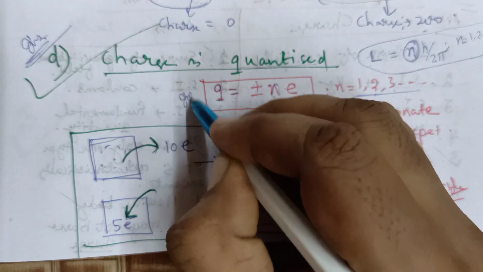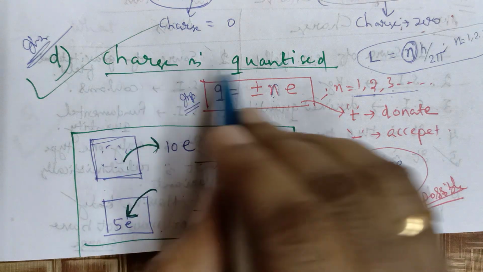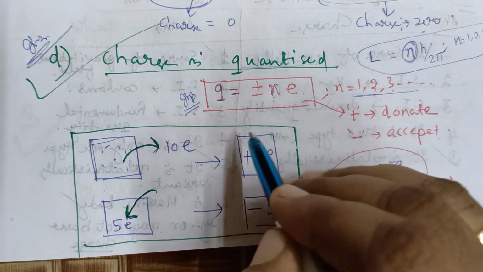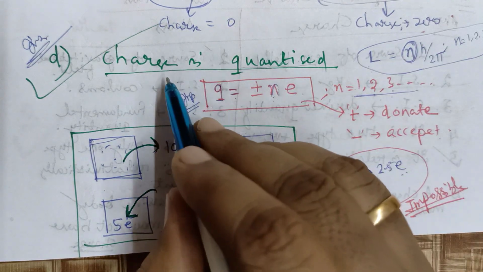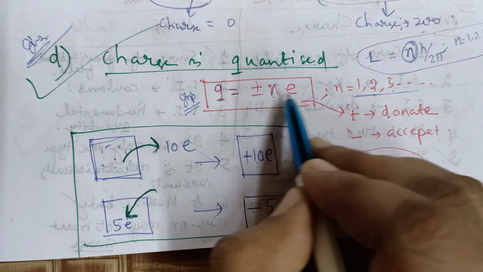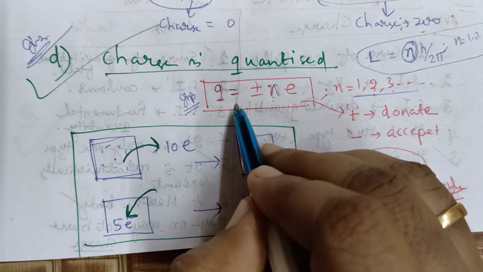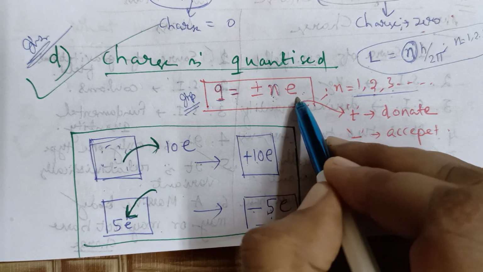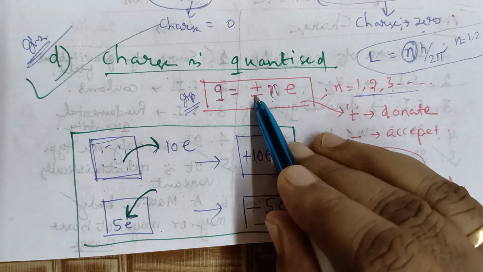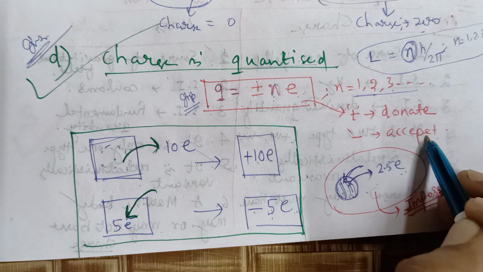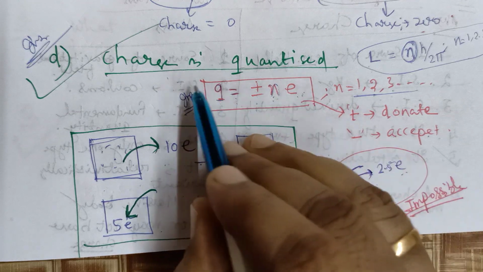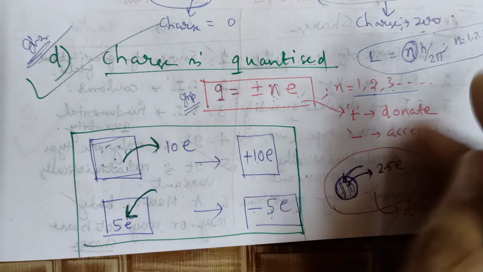A very important formula. It helps in your problems also. Charge is quantized. Sometimes a question comes: state the quantization principle of charge. You can explain this answer in words or by formula. Formula: you can simply write Q is equal to plus minus Ne. The charge of a body can be expressed as an integral multiple of the charge of the fundamental particle. Plus sign is for donation of electron, minus sign is for acceptance of electron. Mathematically, Q is equal to plus minus Ne. This is the principle: charge is quantized.